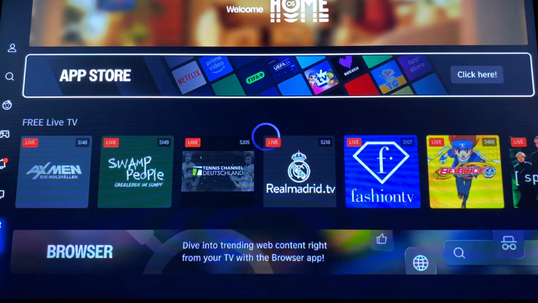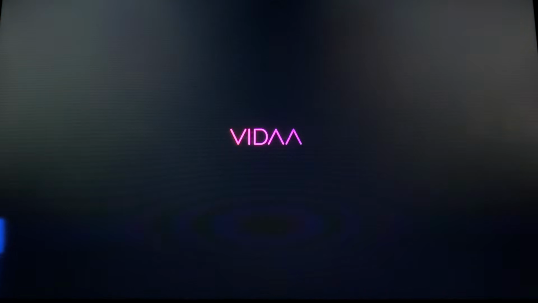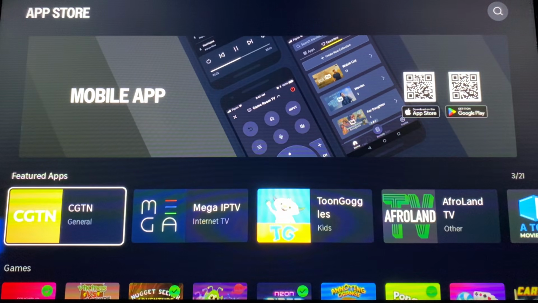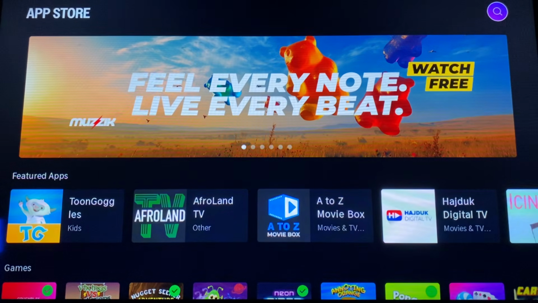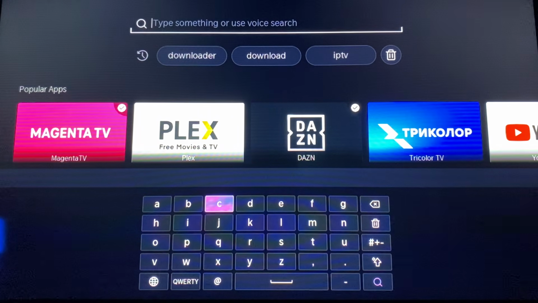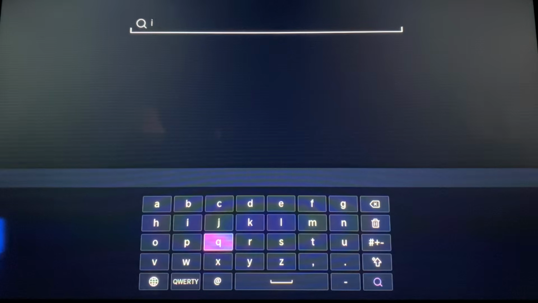But I now click here on this, and here we can easily look for some IPTV apps. So here down there we have like Mega IPTV, but what we also can do is go all the way up and go here into the search, and here we can easily look for IPTV. So, and here we have then like many different